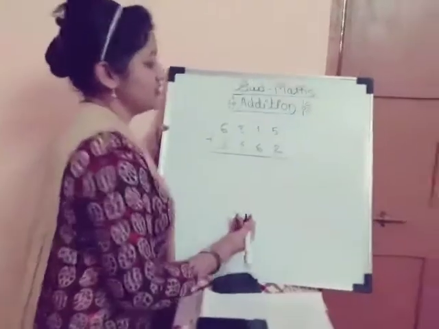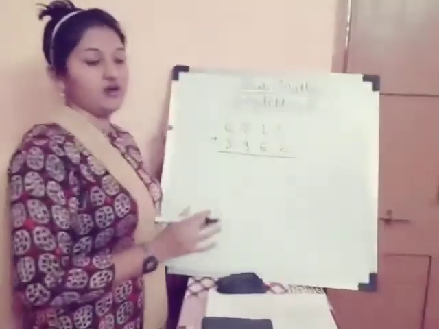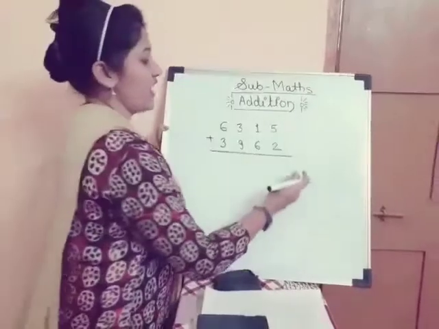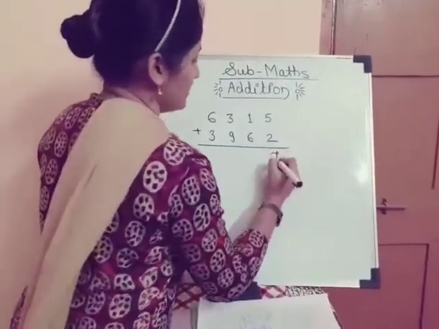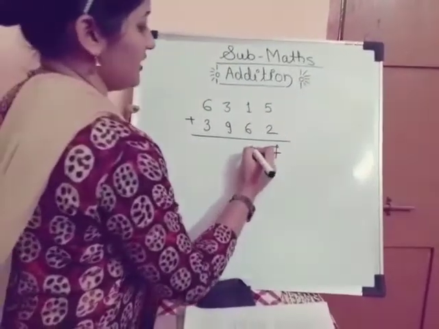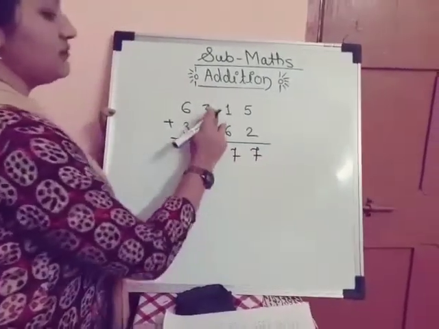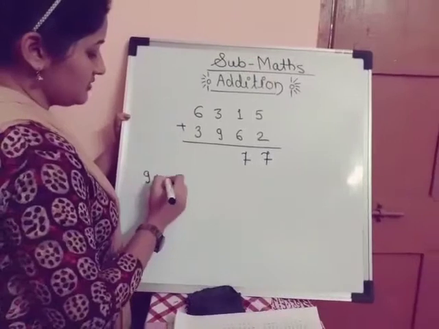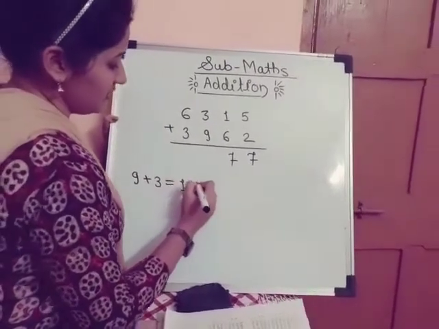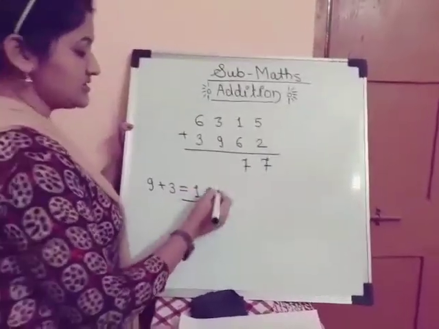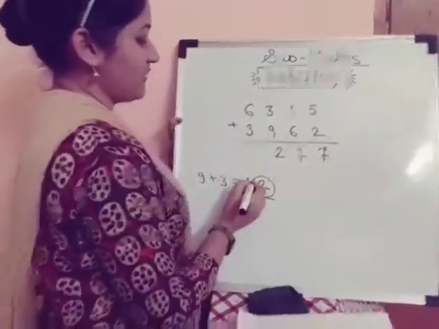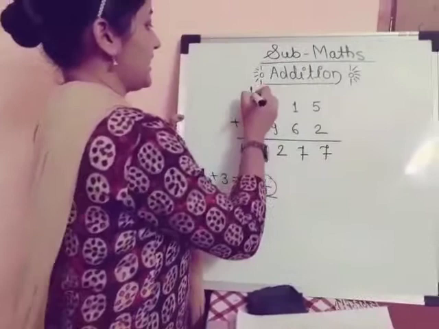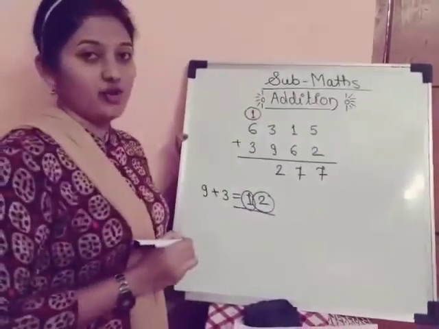Let us start the addition. When you are adding any number or any digit numbers, you have to start your addition from the digit at ones place. So 5 plus 2 is equal to 7, 6 plus 1 again 7, 9 plus 3 is 12. So 12 is a 2-digit number. In this case, we write the digit at ones place here downside, and we have to carry forward the number which is at tens place and circle it properly.